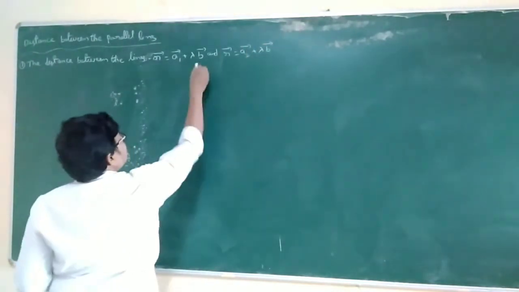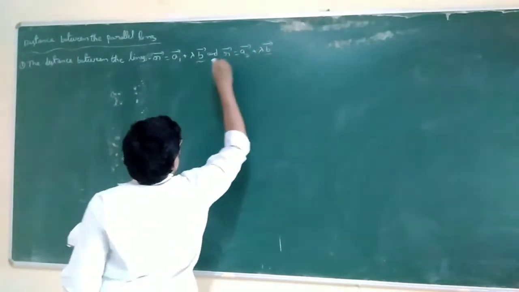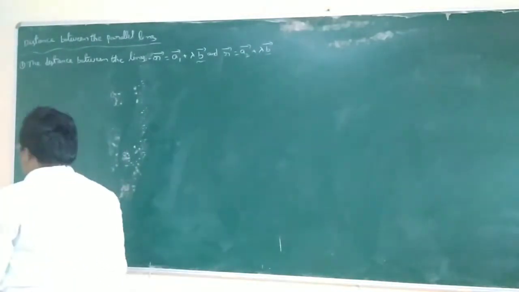So parallel lines means same B bar, not B1 and B2. Okay, both. The distance between these two parallel lines